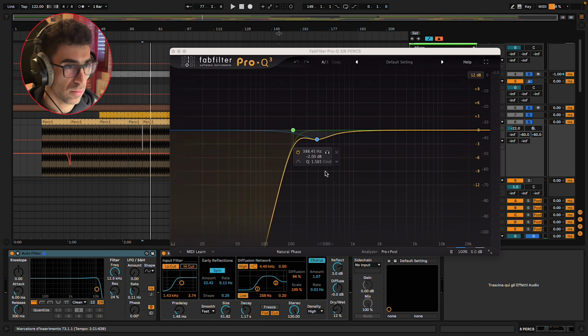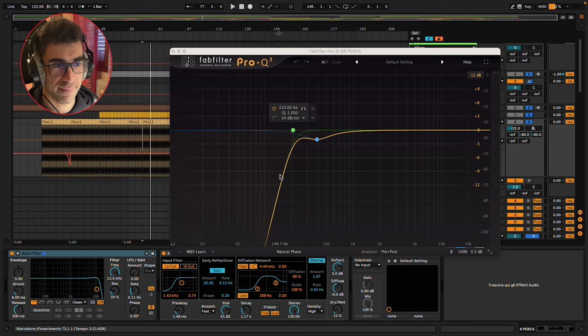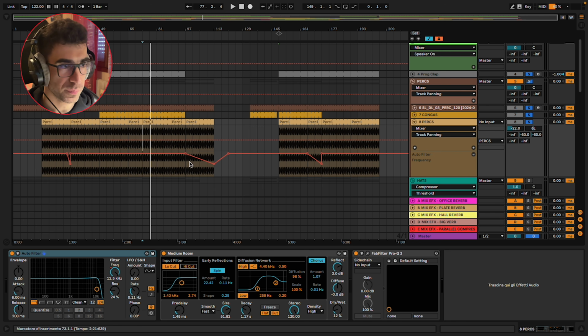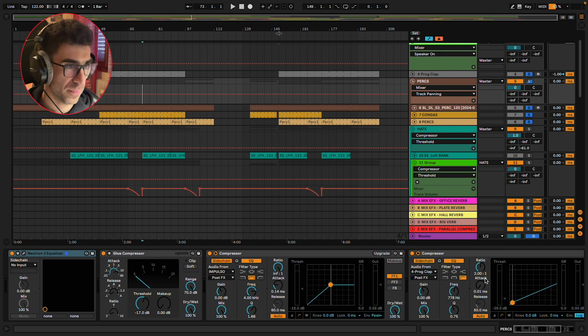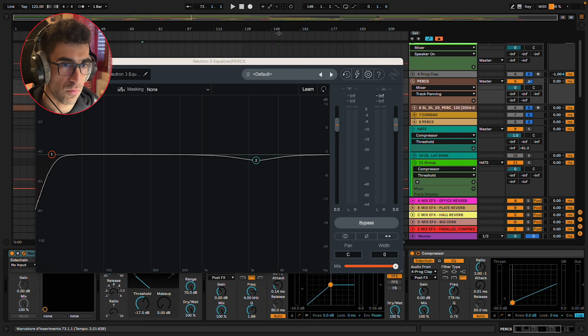Once again, just EQ here, making space for the other percussions, low cut. Then all together, they are in this group, percussions group, and the group has another equalizer from Neutron, of which I love its soft saturation button here that makes everything a little crispier and gives more presence.